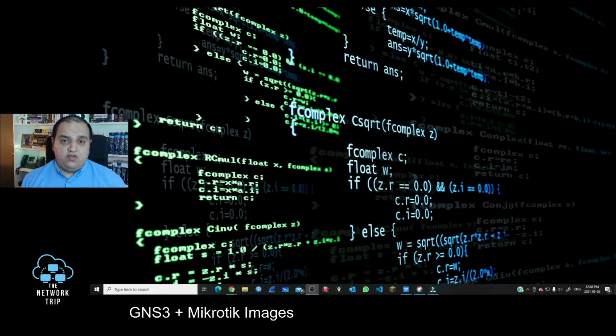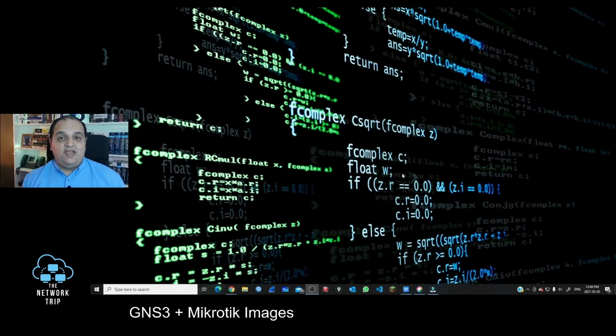One of the most complex activities that we can face when installing network simulators is to get access from our host machine to the virtual machines that we are adding to the topology in this virtual environment. So today we are going to use the latest version of GNS3 available, and then we need to add some Mikrotik images on it to finally get access from our local Windows system, in this case, to all those virtual routers. To start, we need to install a software to run our virtual environment, and that is going to be